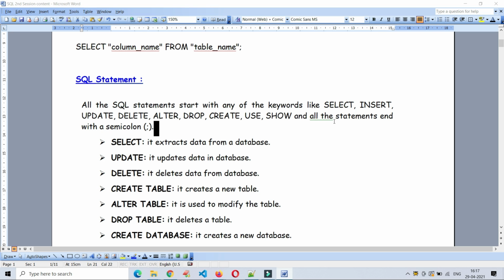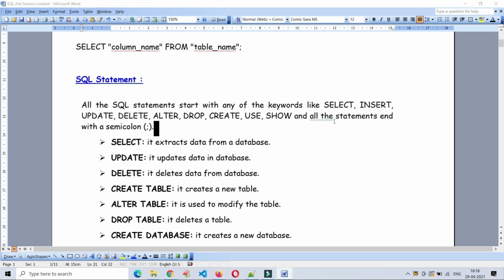While we are practicing and while I am explaining, I will follow that basic rule. Throughout these sessions, I will try to end each SQL statement with a semicolon.